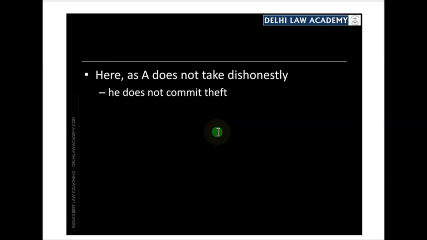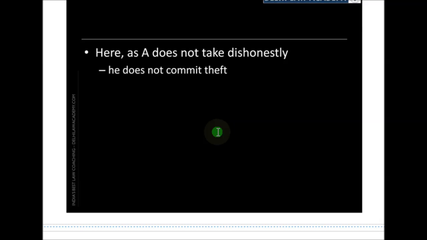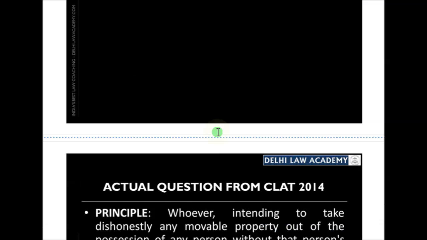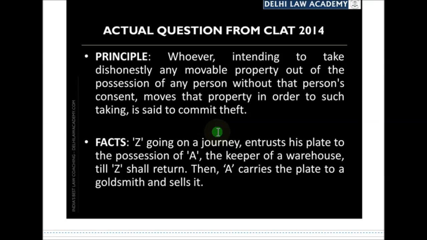So, students, these are certain illustrations which are given in the Indian Penal Code itself, and these illustrations guide us as to how to answer questions which are based on this principle, which I find is actually appearing in various law entrance examinations in different years. With this understanding of the law and the illustrations which are given thereafter, now let us go back to the question which we started with and let us try to answer this question.